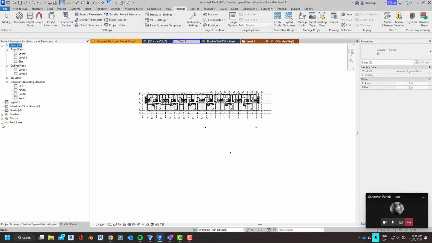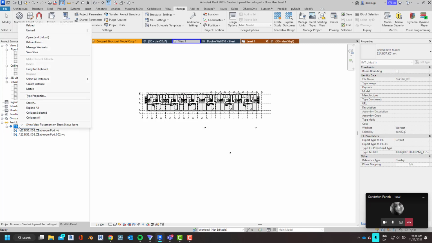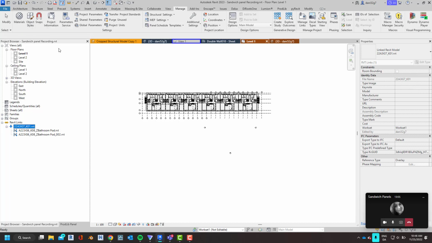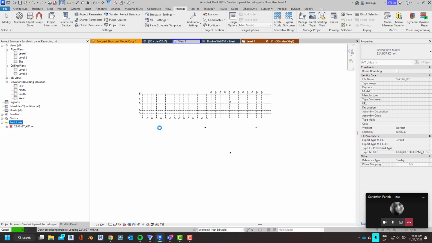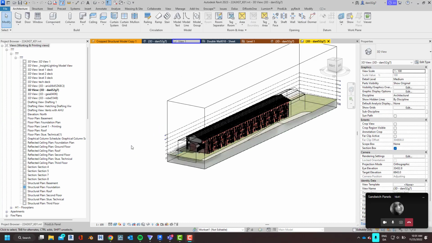So, next step, we're going to go to our architectural model, we're going to open and unload from this, and we're going to collect all our walls. See, we have grids, we have levels in our model, and so here's our architectural model. We do not need it in realistic view. So there's multiple ways that we can drag